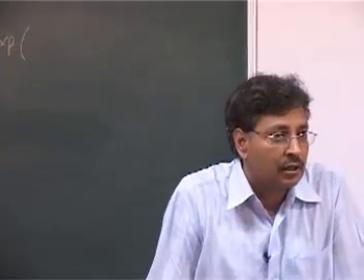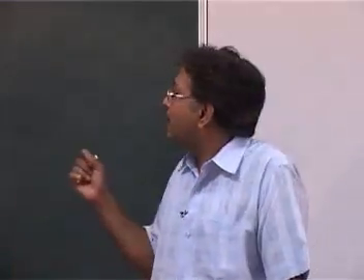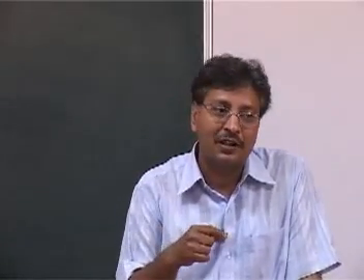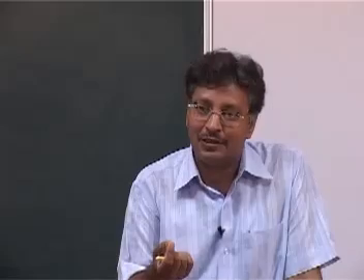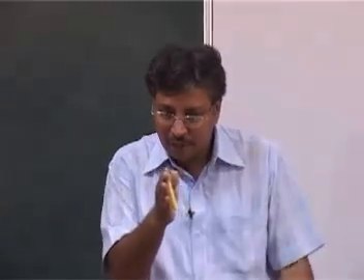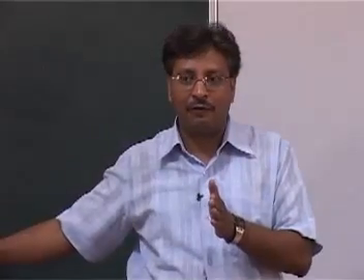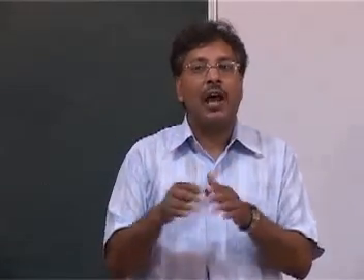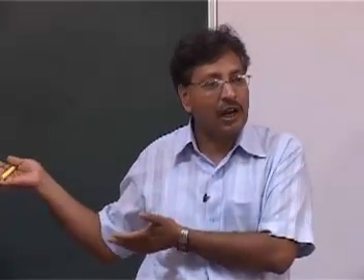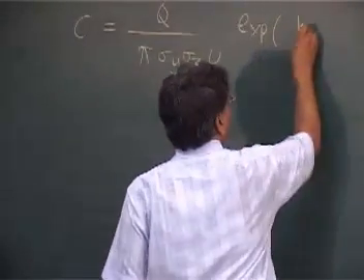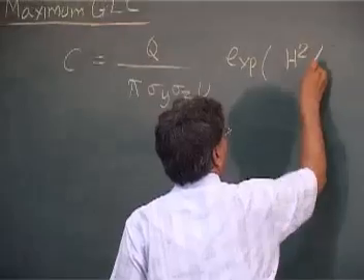If I am talking about the maximum ground level concentration, it means y I have to assume as 0. As I move away from the plume center line, my concentration will drop off. So I will take y equal to 0, and I will not even write the term containing y. What was that? H square by